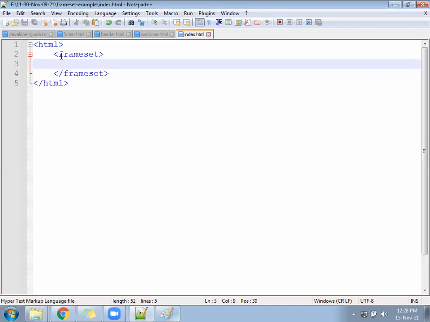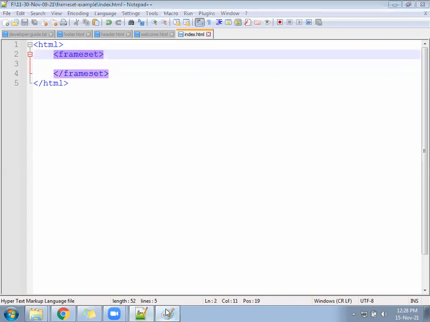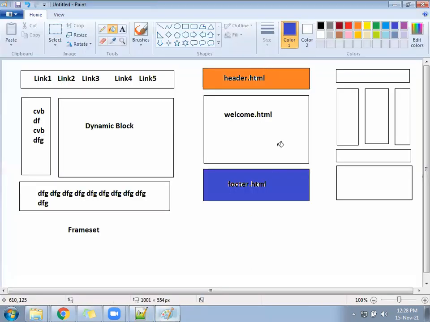After that, in the index file, HTML plus frameset, if we look at this photo, what was our target? Is this row-wise division or column-wise division? Row-wise, clear. So, rows and columns. Here we have the first row, this is the second row. The second row is divided into columns, and the other rows have only one column each.